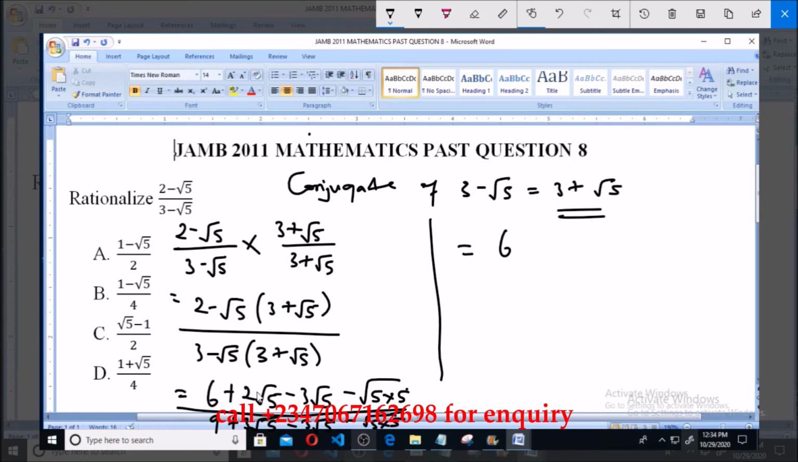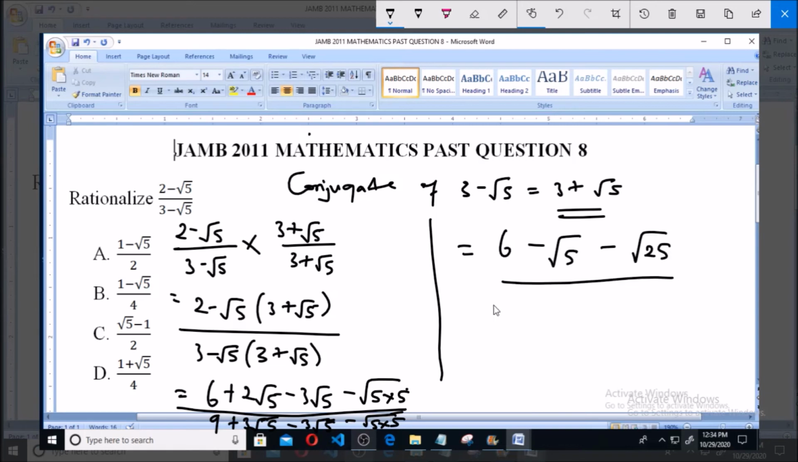Now 2 root 5 minus 3 root 5 will give us what? Minus root 5. Then minus root 25 all over. Now we have 9 plus 3 root 5 minus 3 root 5 is 0. Then minus root 25. So this is equal to 6 minus, now root 25 will give us 5, so that's 6 minus 5 minus root 5 all over 9